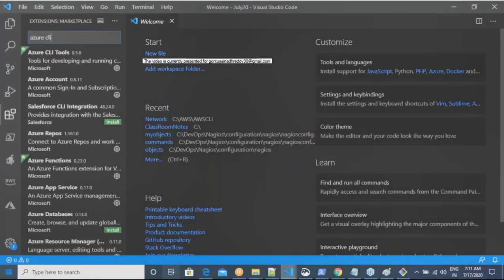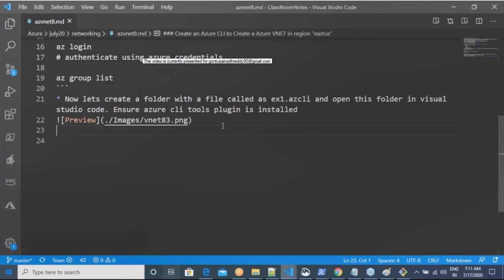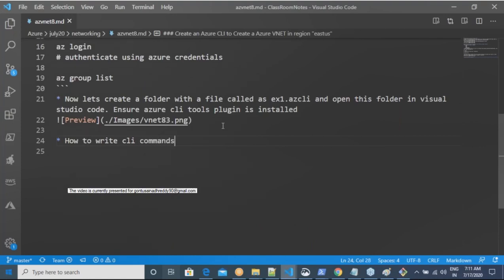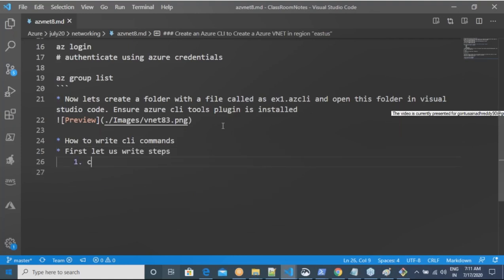Now we have to write CLI commands. So how do I write CLI commands? First let us write the steps. What are the steps you need to do? Create a resource group.